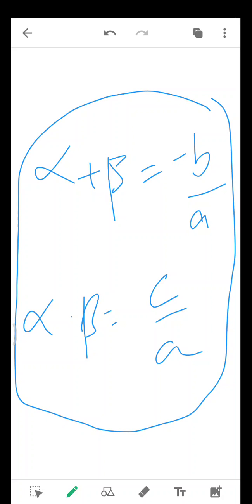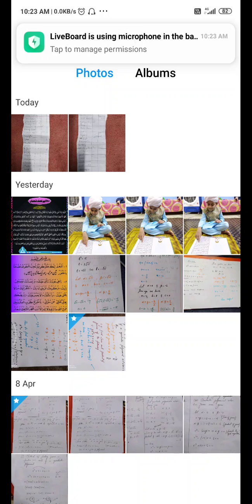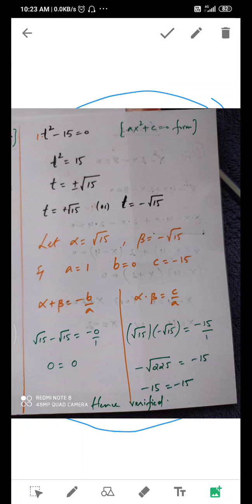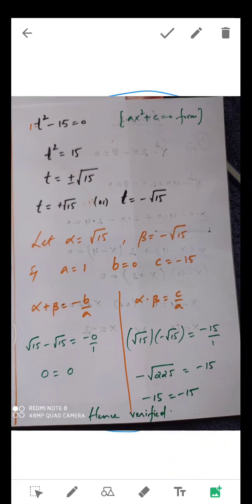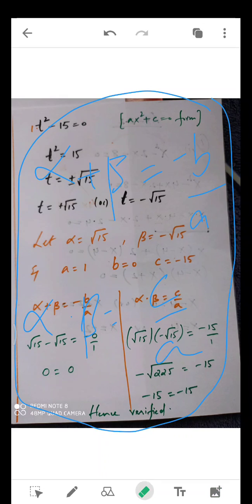Now let's see another question of the same type. Now we have a question. The question is t square minus